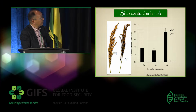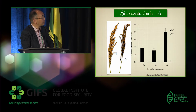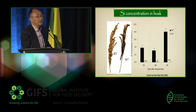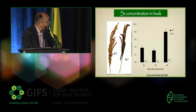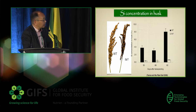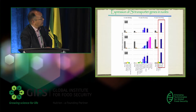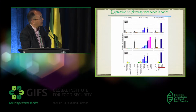But the husk does not have stomata, and also the surface is much smaller compared to the flag leaf. So this means the transpiration is very low. Why is silicon able to be highly accumulated in the husk? So we found that the transporter in the node plays a very important role. We analyzed the expression profile of several silicon transporters, and we found that